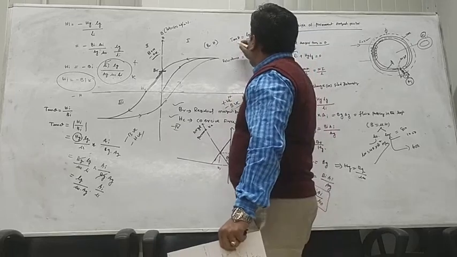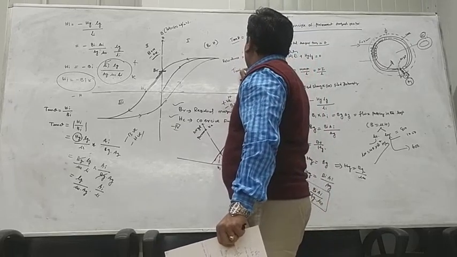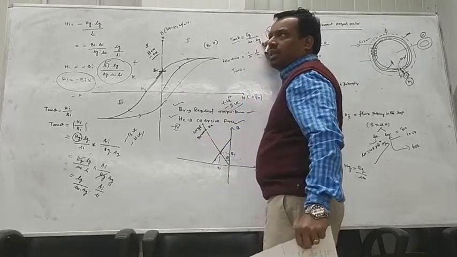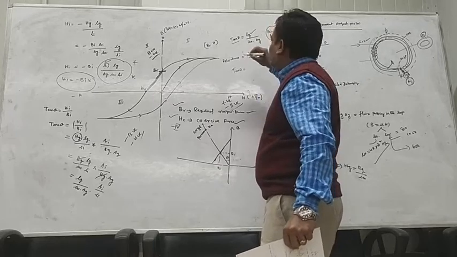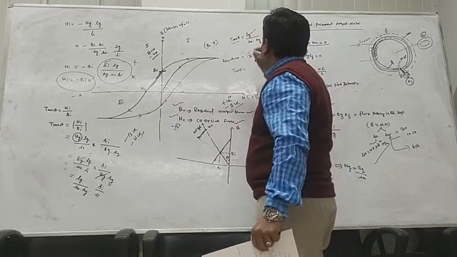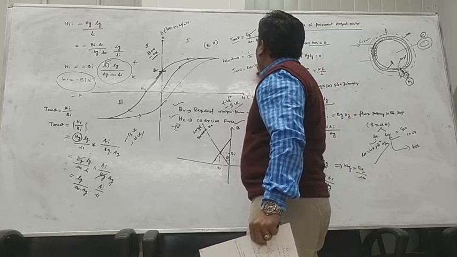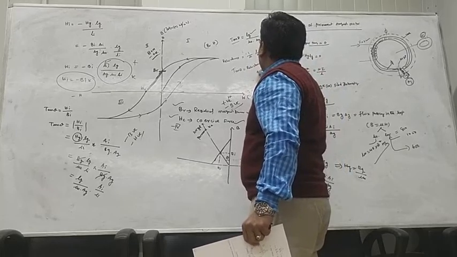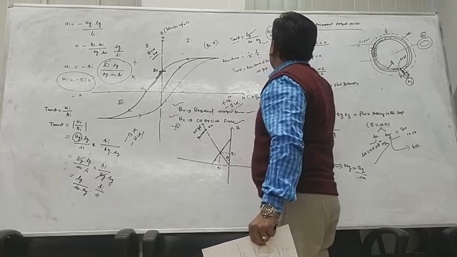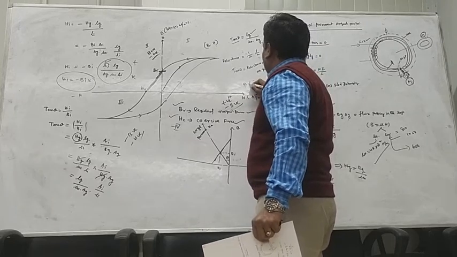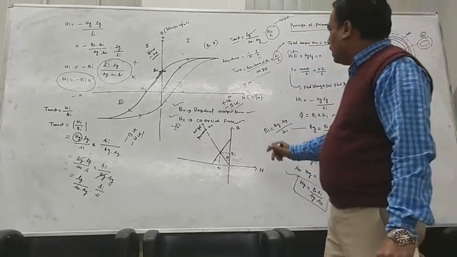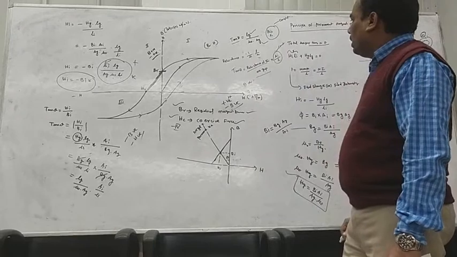So here, if you observe, tan theta is equal to Lg by Ag, where Lg is the length of the air gap and Ag is the cross-sectional area of the air gap. So this is the reluctance of the air gap into Ai by Li, which is a constant value. So tan theta is directly proportional to the reluctance of the air gap. This is important.